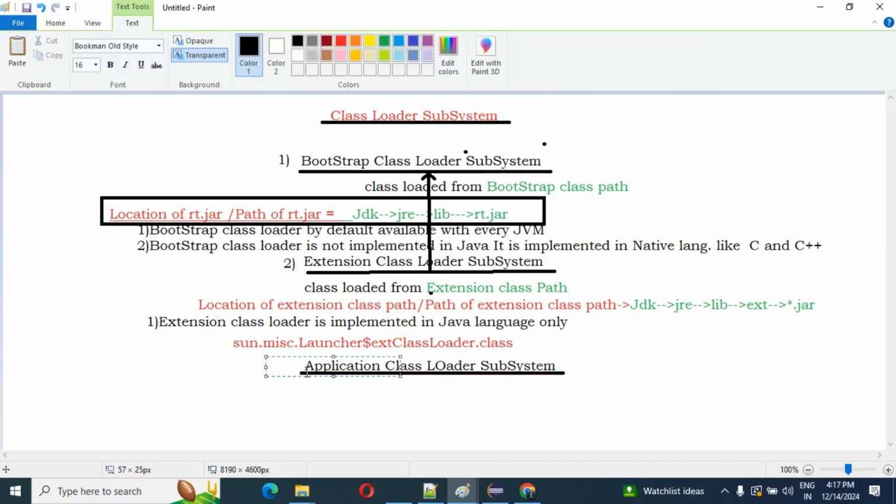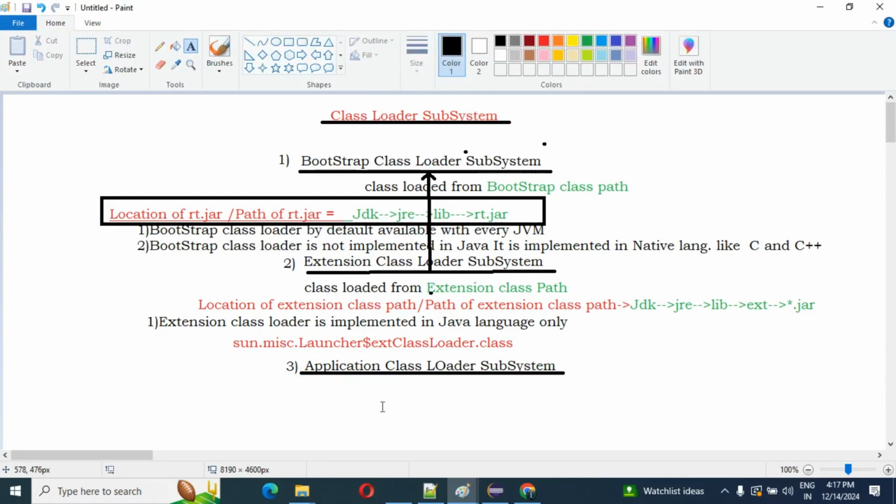So the application class loader is a child of the extension class loader. First we need to understand this, same as what we discussed: the extension class loader system is a child of the bootstrap class loader.